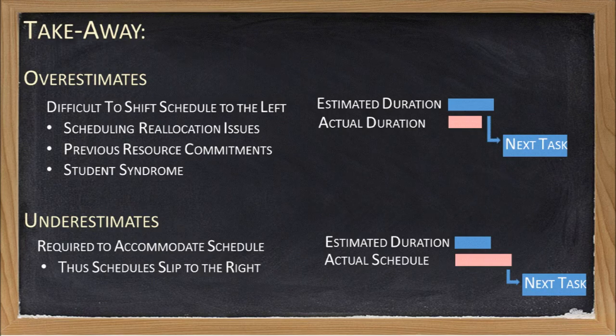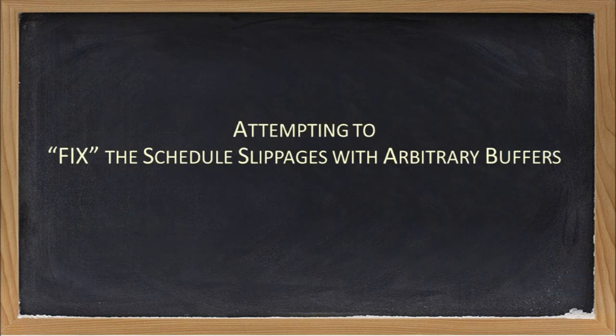Also, it is human nature to deliver something when it's required and when you've agreed to deliver it. Regardless of when you're allowed to start the task, you will deliver it on the scheduled date. Thus, even when a task is available to be started early, the schedule rarely gets shifted to the left. It might be tempting to attempt to fix these schedule slippages by simply adding buffers, additional time, onto each task